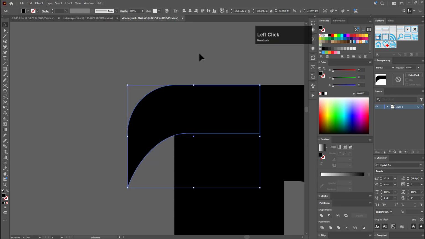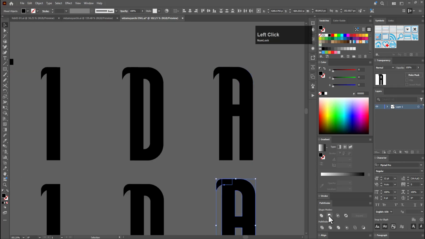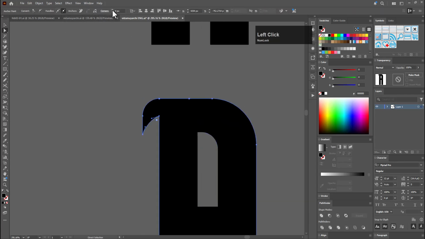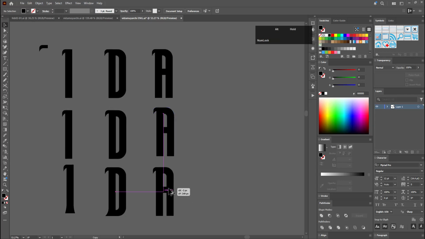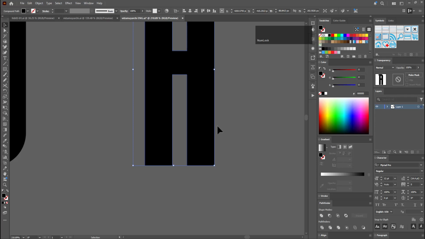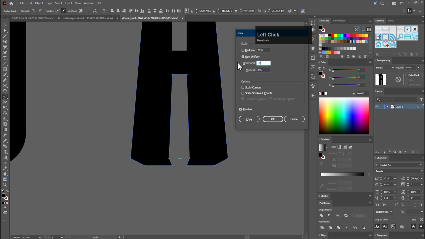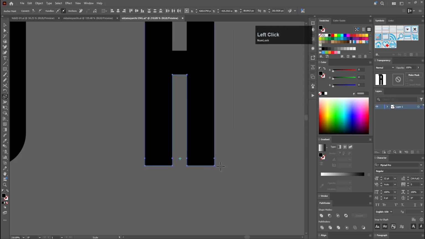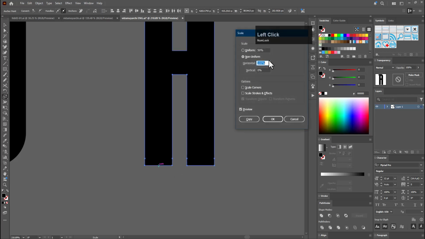bring it like this, let's select this and bring it here, and merge this, let's select this, and let's bring this here, let's select all of this, press yes, and then give the value of 100 and press OK, and then select this, and let's press 1 and press yes and select this, and then copy this and then paste it here, and then increase the horizontal value just like this, something like this,